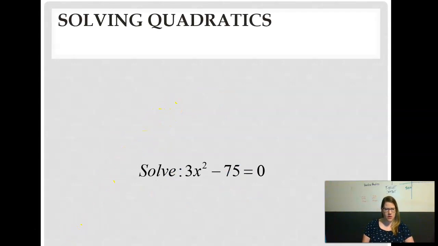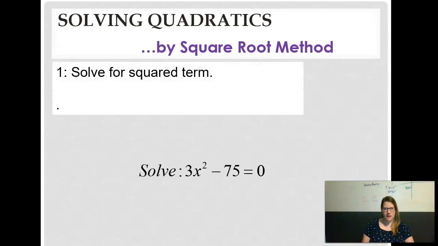In order to solve a quadratic by using the square root method, we need to first solve for the squared term. So what that means is that we want to get this x squared all by itself on one side. So the purpose of solving an equation is to find which x values would make it true. So which x values could I put in here for x that would actually make it equal 0? In order to do that, I'm going to be trying to get x all alone on one side,